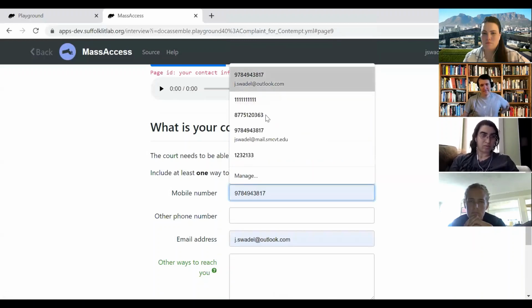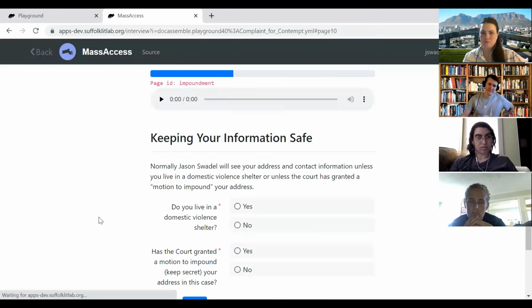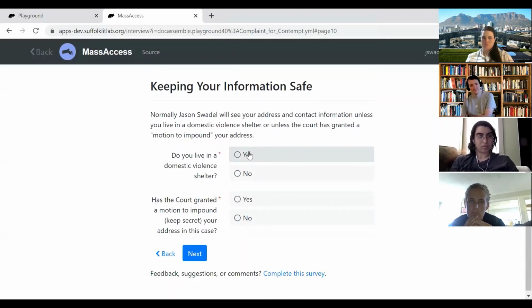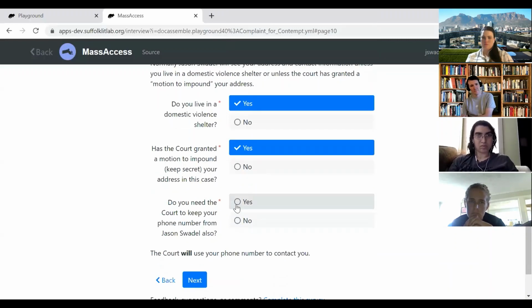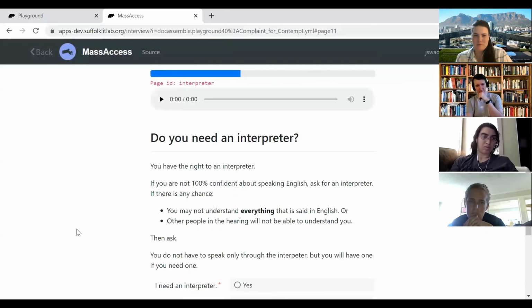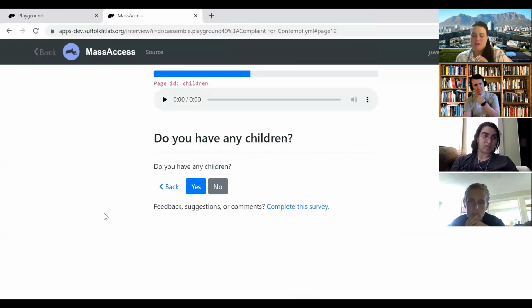Then this screen stayed the same. We updated the impoundment screen based on the wording Mia sent us, which has more active voice, and then added the defendant's name here to make it more personalized. Okay, perfect, that looks really good. This stayed the same. Yeah, this will need to change. This is something that's just on the code still.